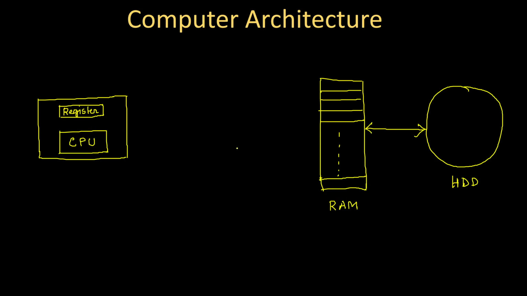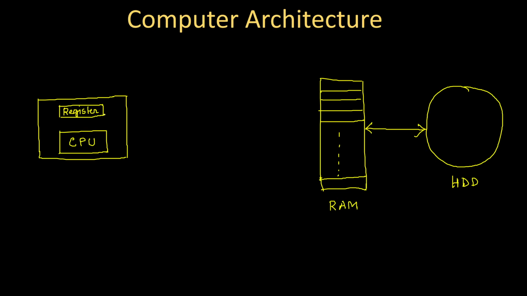Now again, in a similar way, if we want to make the computer system faster, naturally the speed of the CPU will be limited by the speed of RAM, because ultimately data is stored in RAM, and data means maybe instruction also, and whenever CPU requires some data or instruction, it has to access the RAM, which is obviously slower than CPU. So although CPU is very fast, still its speed is limited on the basis of speed of RAM, and that is why these registers were present.